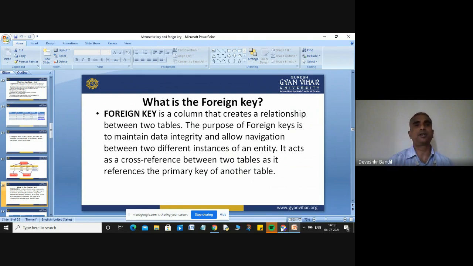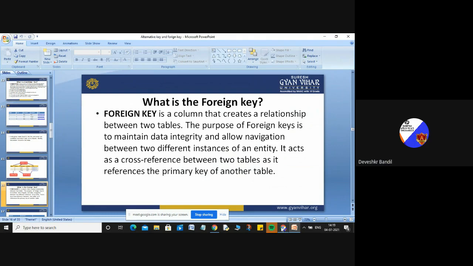It acts as a cross reference between the two tables, as it references the primary key of another table.